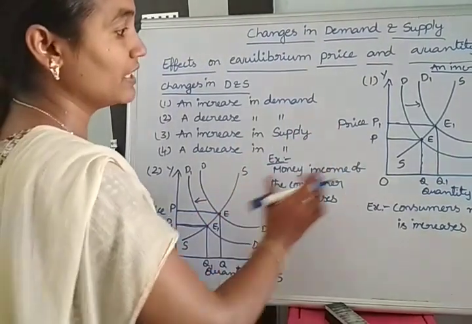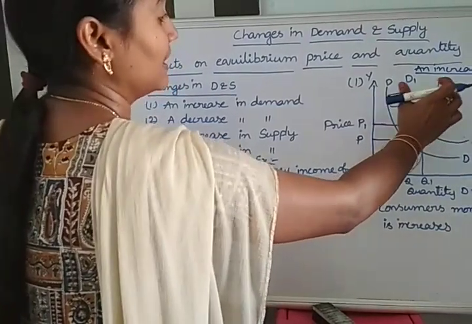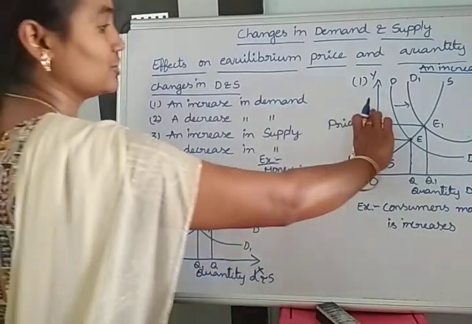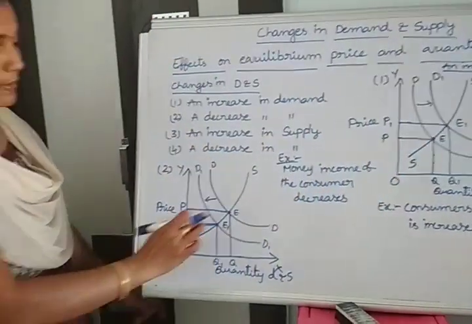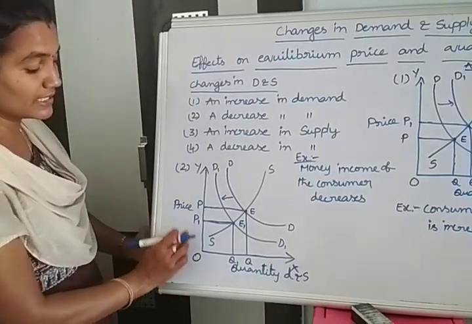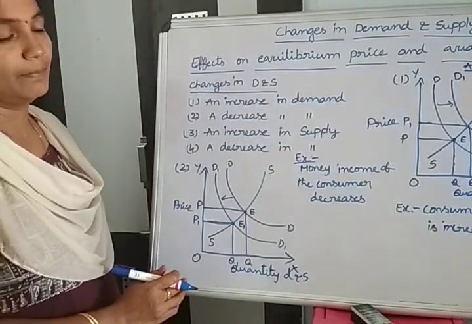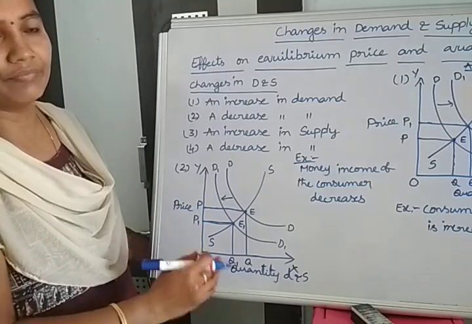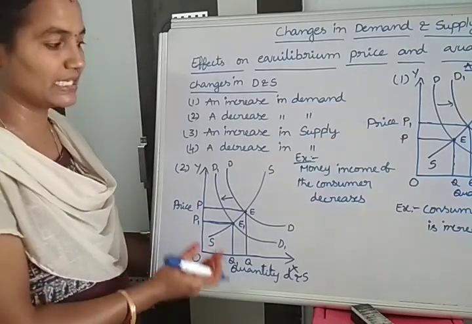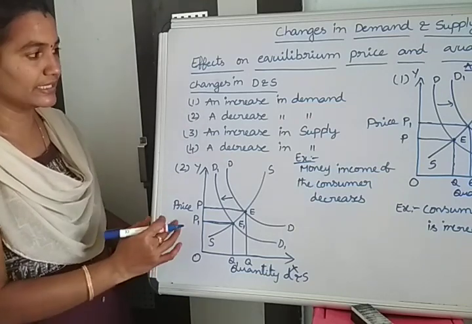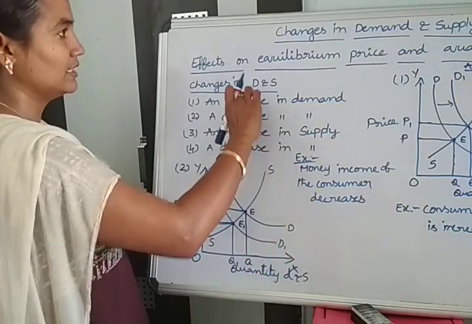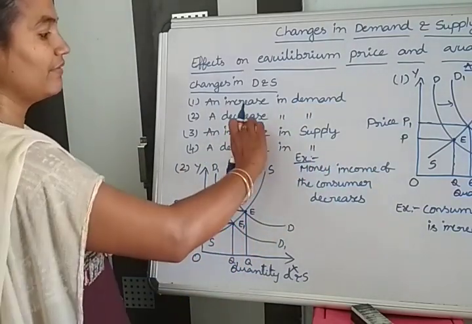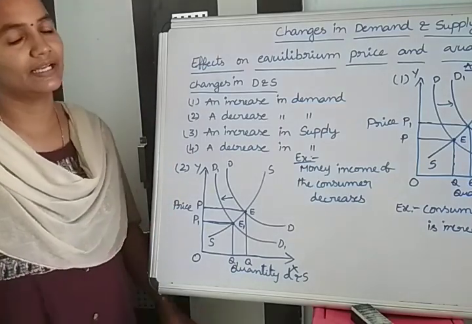But here these are very important points. Demand is increased but there is no change in the supply. That's why the price of the commodity increases in the first situation. But in the second situation, supply is again constant but demand decreases, which is the main reason for the decrease in the price of the commodity. Based on the question we can draw the diagram, then analyze the new equilibrium price and quantity, whether it will increase or decrease. These two concepts we call changes in demand only. Then there is the effect on equilibrium quantity and price. We have the remaining two concepts, which we will discuss in the next video.